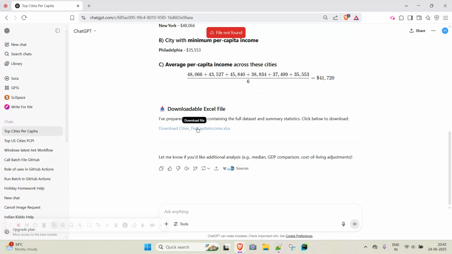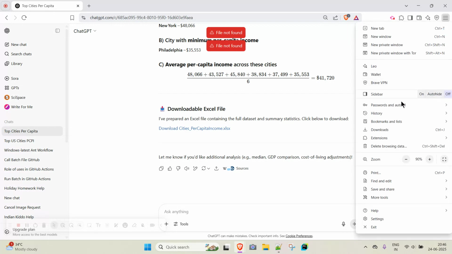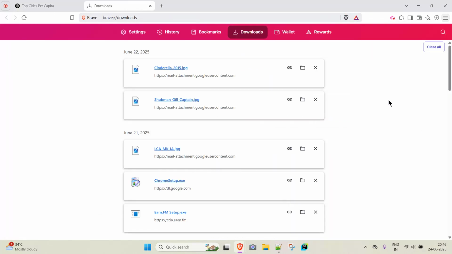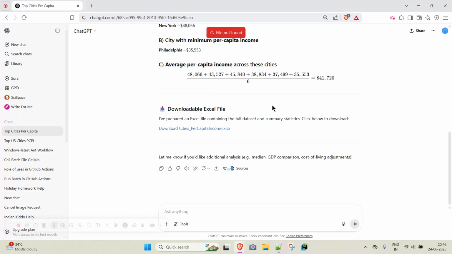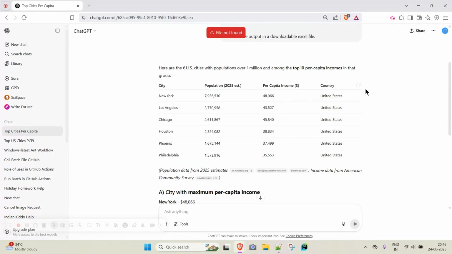Okay, I'm not sure why it is happening. File not found. Why is it happening? Hmm. Maybe I have exceeded any limit. Starting download. Okay, let me copy this.